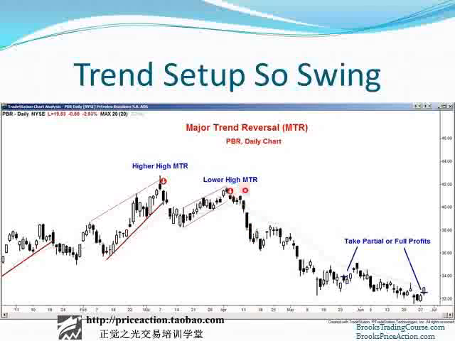So let's say you took the short, whether or not you took partial profits along the way, this would be a good location to take partial profits down here. We have a parabolic wedge, 3 pushes down, 1, 2, 3. So we have a spike and a channel, and the channel has 3 pushes. I don't have a trend channel line drawn in, but this bar would have broken below it and then reversed up. To me, this is not a strong enough bar to be looking to buy,